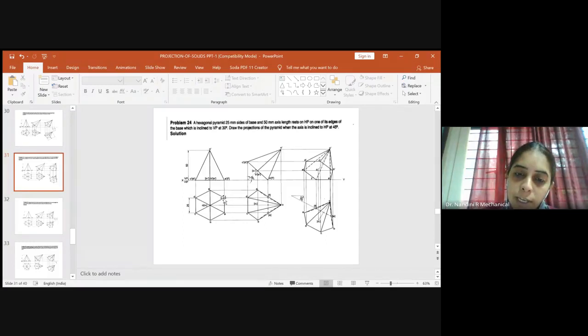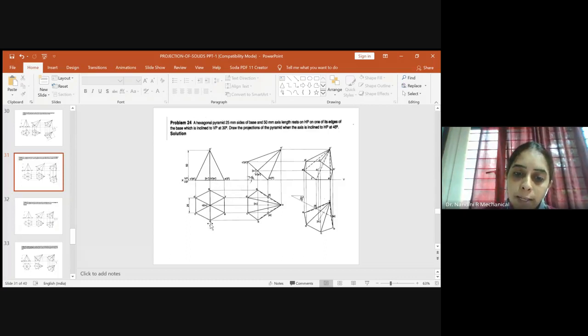After here, just take the interior angle of 120 degrees. So from this straight line, keep the protractor here and take 120 degrees. And even from here, please take the protractor and take 120 degrees. After that, use the compass, measure 25 mm and cut an arc. And here also use the compass, measure 25 mm and cut an arc. If you have constructed properly, you can see these two corners coming along the same line.